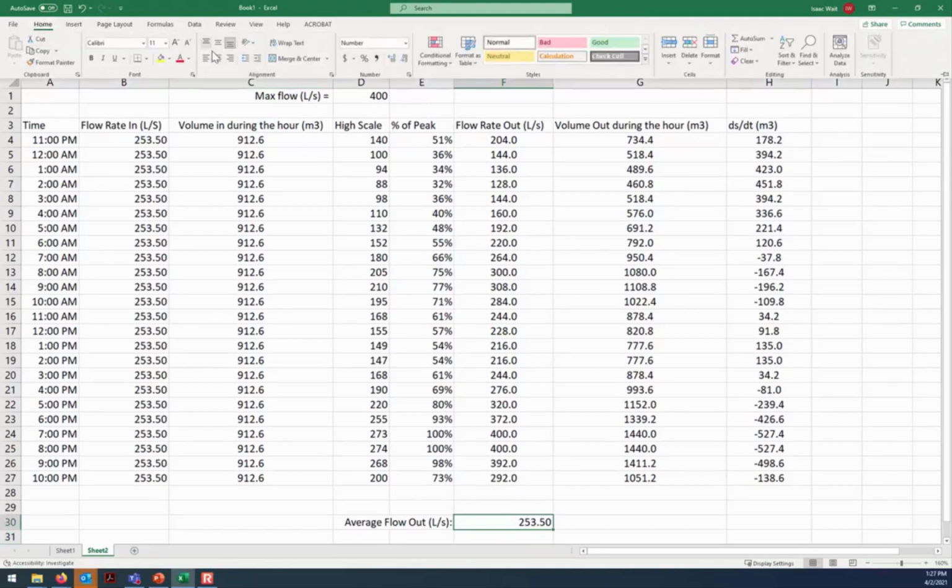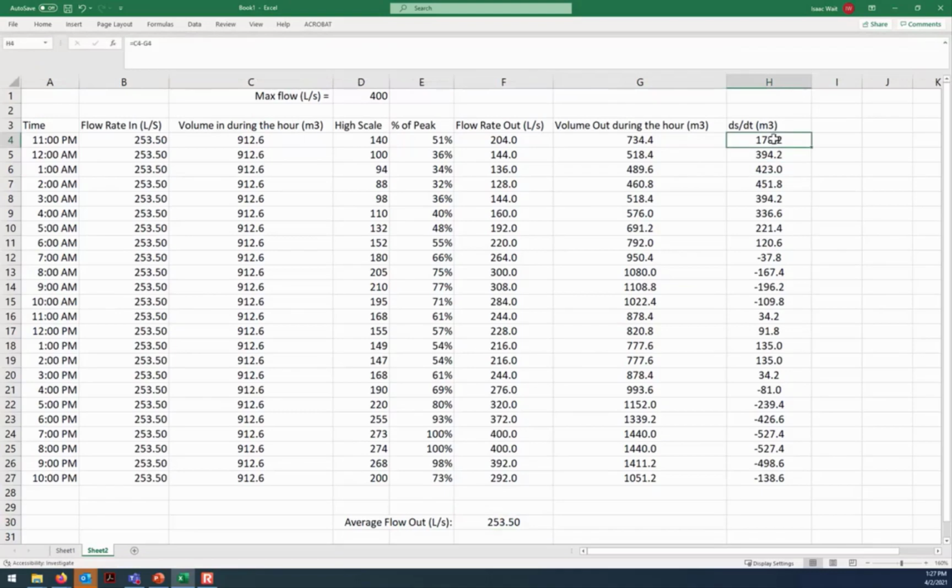So what I did, and the reason why, is I put the 11 o'clock hour at the top because that is the first hour of the evening that the tank starts to fill. So I'm assuming that at 11 o'clock the tank is just about empty. There's just a few drops of water in there, but then at 11 it begins to fill again. Okay, last column, accumulated storage volume